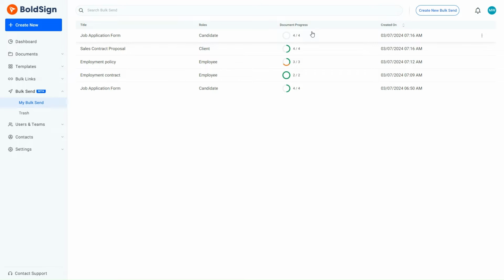In the document progress column, there is a circular progress bar with color indicators. When I hover over it, a drop-down list is shown, with each color representing a different status for the documents. In this case, the first bulk send I created is represented by the color gray, indicating that the document has not been signed yet. For the next one, the documents are half completed, and 2 recipients are yet to sign